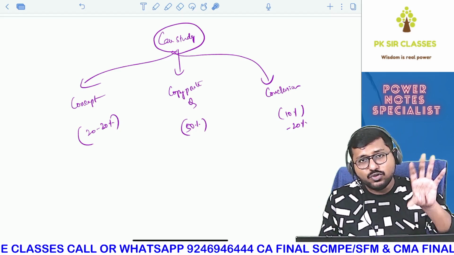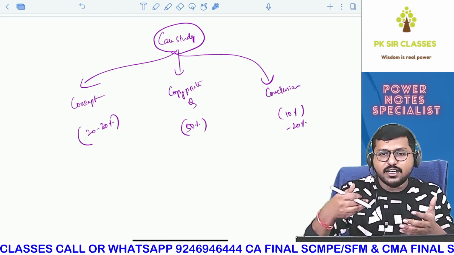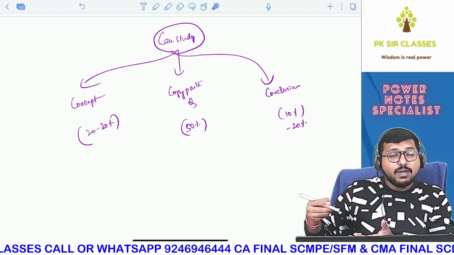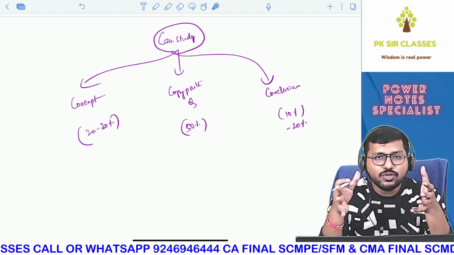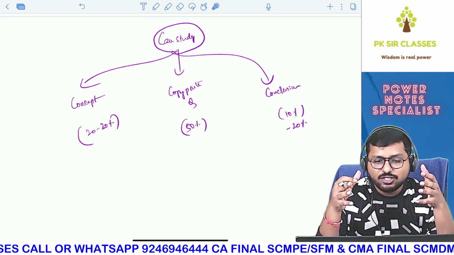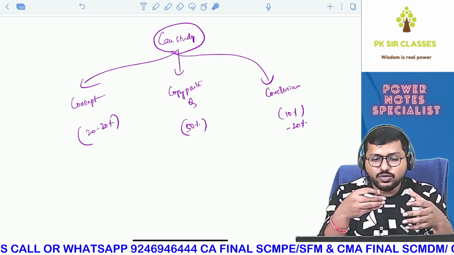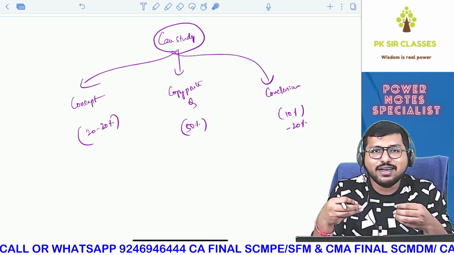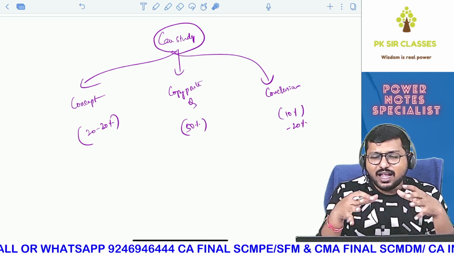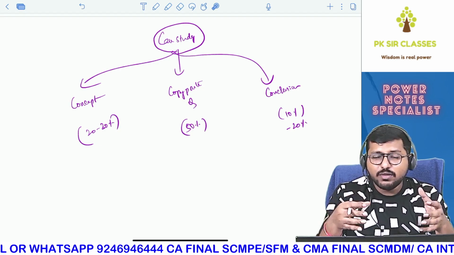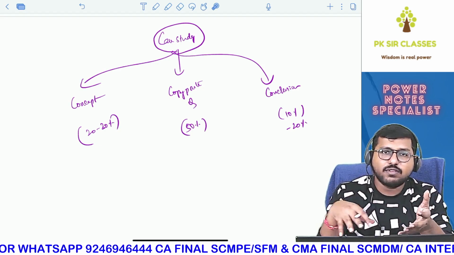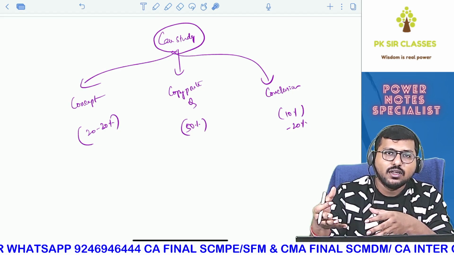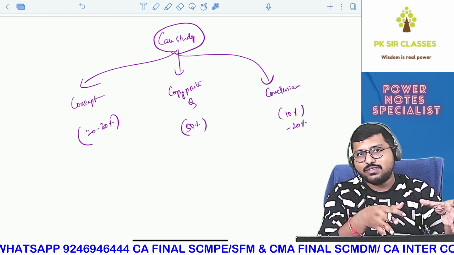If you look at my solutions power notes, in that I have clearly written, copy paste this from the question. In many answers I have written like that only. The solutions power notes has been written in such a way that it is only to communicate to you in what simplified manner you can write the answers. I think in the entire country, I am the only one who has actually solved each and every question from the ICI study material and has simplified it, and not just copy pasted the answer as it is.